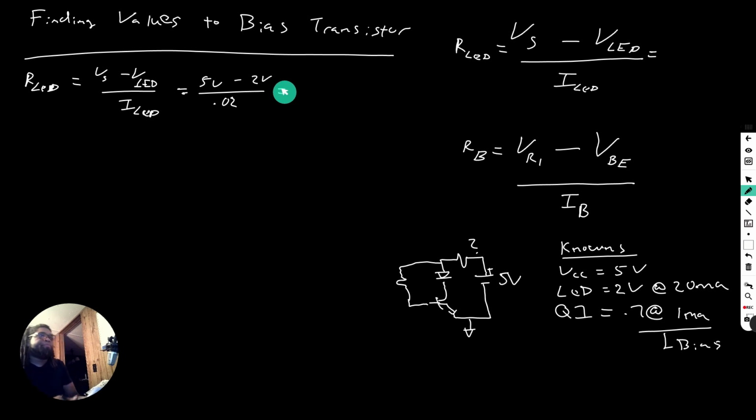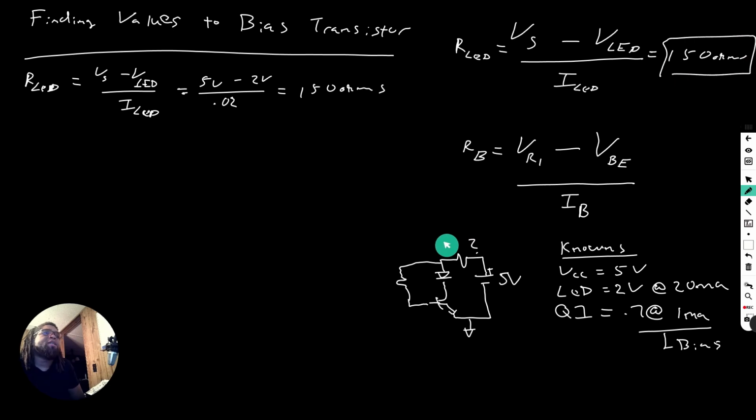Okay, and then I'll just get my calculator real quick. 5 minus 2 over 0.02, and we have 150. Okay, so 150 ohms. 150 ohms right here. That's going to be our answer. So that is what we need here at R1 as our current limiting resistor. Now, what do we need for our RB,